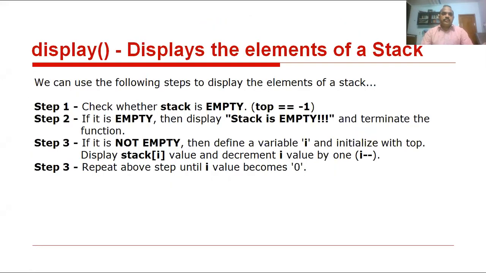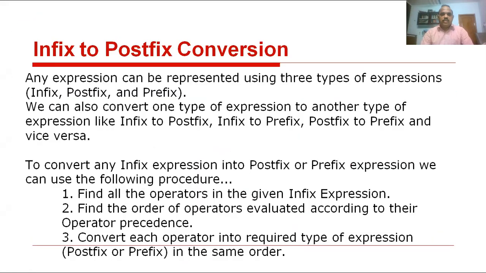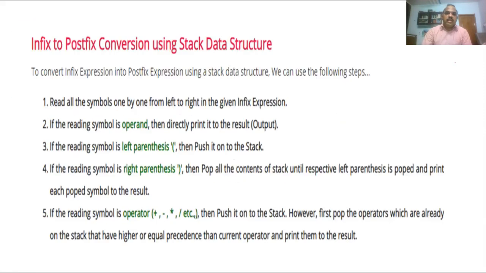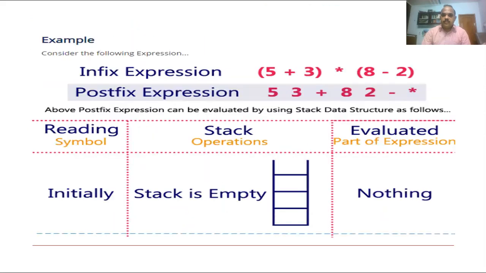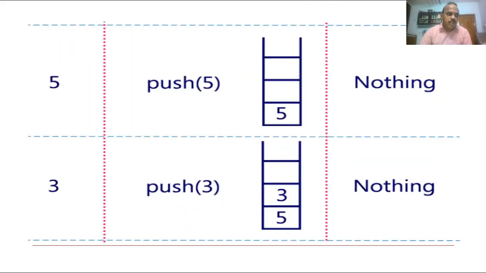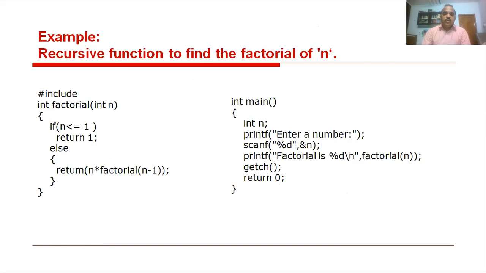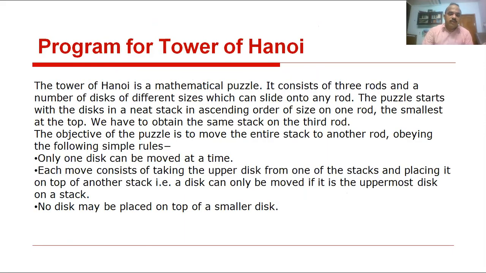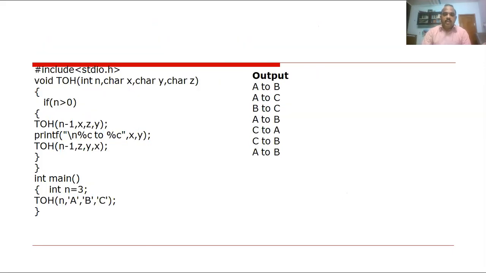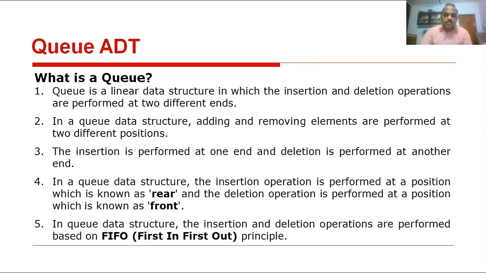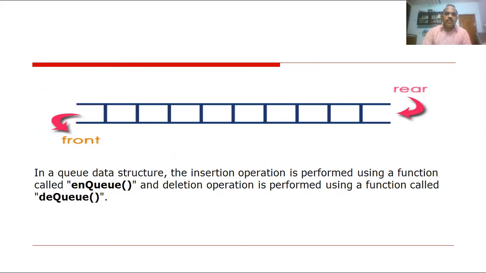Circular queues. Simply, we know what a queue is. Queue is a linear data structure. In the queue operations, we can insert an element at the rear end and delete an element from the front end. I mean, a queue has two ends. The first one is the front end and the second one is the rear end.